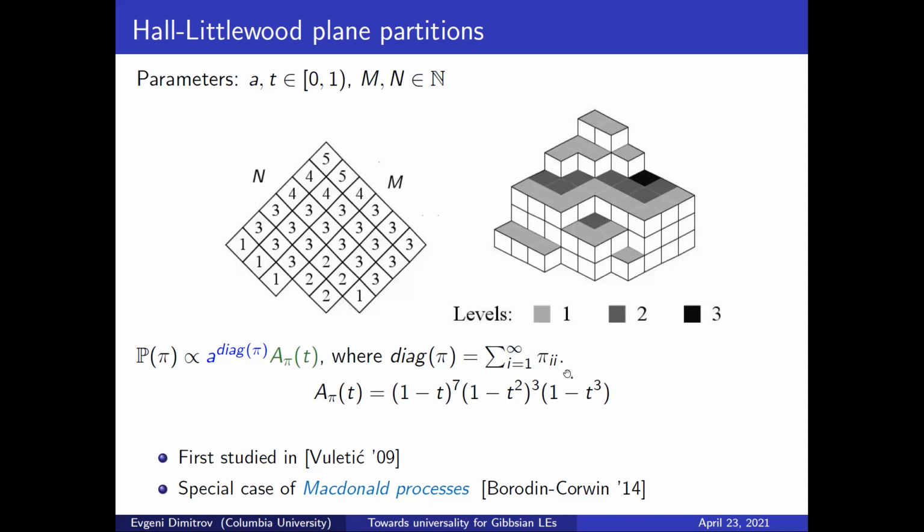So for example, I have a single connected component of level 3, and that produces this factor of 1 minus t cubed. The 3 is reflecting the level. I have 3 connected components of level 2, so I get 3 factors of 1 minus t squared. And then I have 7 connected components of level 1 that produce this factor here. It's not particularly important what this polynomial is. The point is that it is a simple polynomial in t that reflects the geometry. If I gave you a plane partition, you can just do the coloring and tell me exactly what this polynomial is.